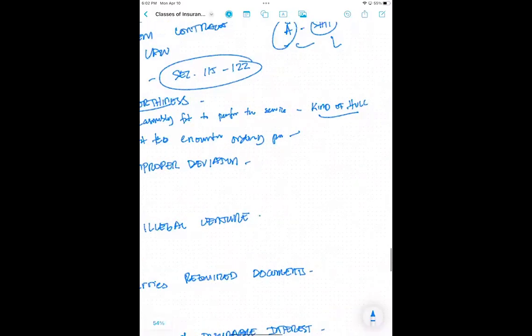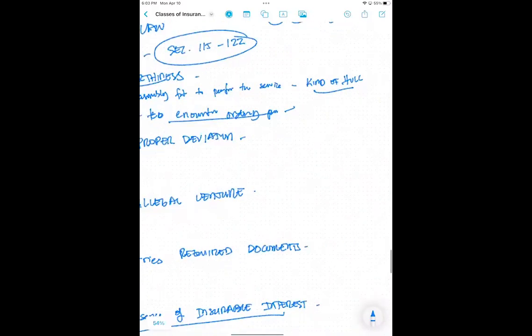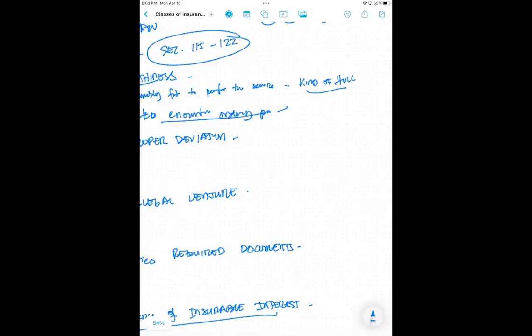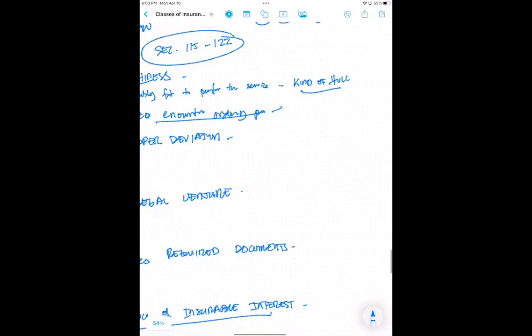Okay, it also includes the competency of the crew. Okay, such that if, let's say, for example, the ship, okay, is not complemented by a competent crew, then that particular ship is also not seaworthy because it cannot, it is not fit to encounter the perils of the voyage. Okay. Now,